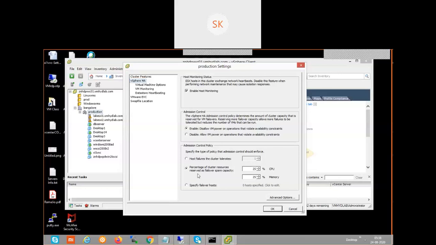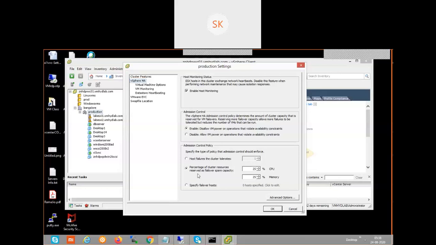If I have 10 or 15 ESXi hosts within my cluster, I can manage high availability. If it is a production service, it is very critical. I need to maintain the cluster settings in such a way that even with any host failure, my VMs should not be impacted, and there should be less downtime. So I need to choose more host tolerance. One host tolerance is fine, the default configuration. If it is a very critical cluster and production loads are running on it, I can make it 2.